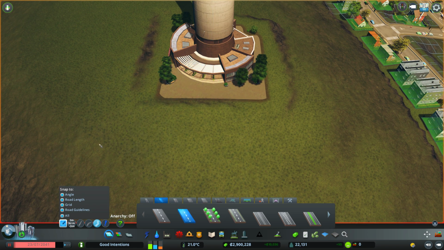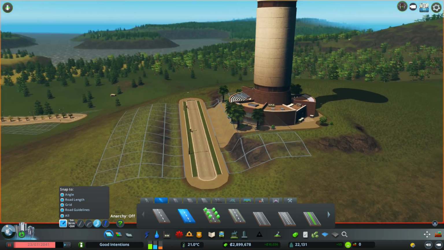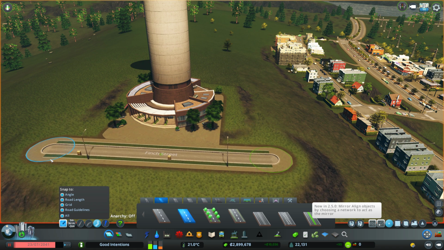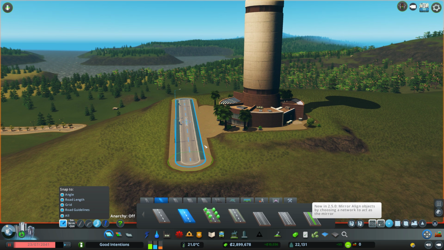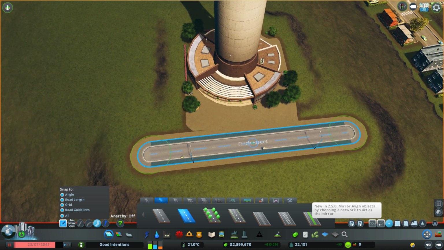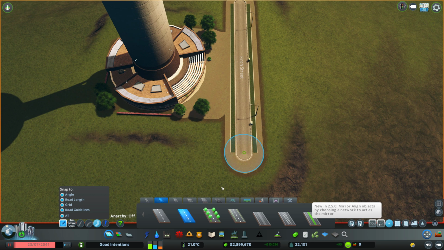We're going to turn our snapping back on and hopefully we'll be able to put this in without too much trouble. Yeah, well, technically that's without too much trouble. It's just a little low is all. Raise it up just a little more. Try to get it more or less even. Okay, that's fine. Let's move this side just a little, and